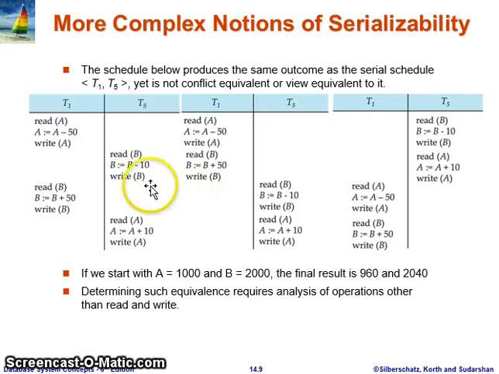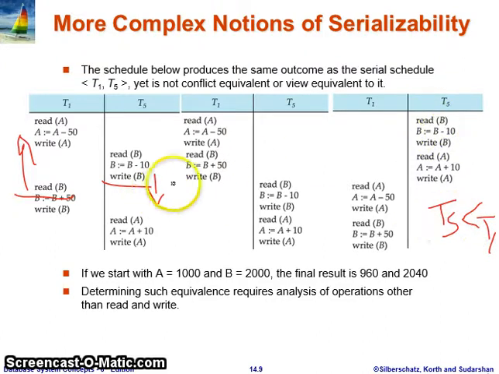The third condition is that at least one of the operations should be a write. Here it's a write operation, so we can say these two operations are conflict operations. We cannot swap, means we cannot move this operation up or this operation down, because these are conflict operations. So we cannot move this schedule into this form, means T1 preceding T5. Check for T5: first complete T5, then T1, means T5 preceding T1.